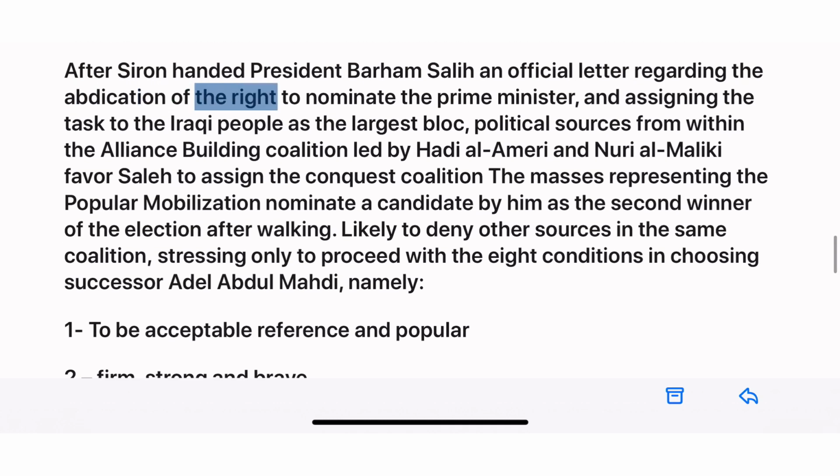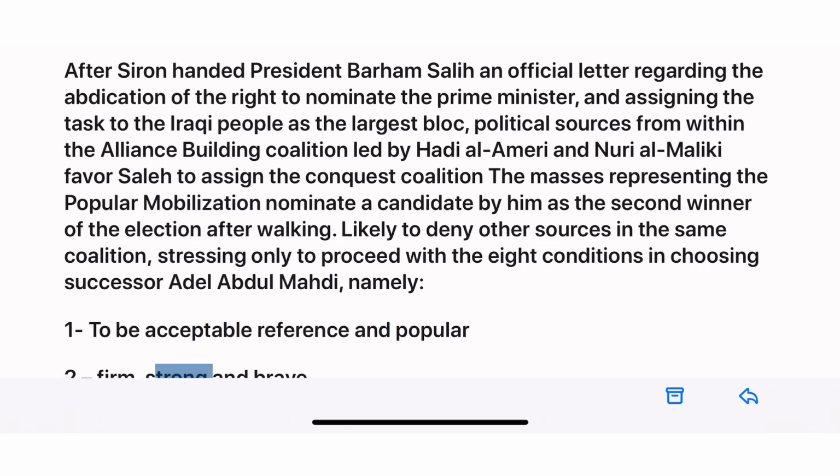After Sairoon handed President Barham Salih an official letter regarding the abdication of the right to nominate the prime minister, and assigning the task to the Iraqi people as the largest bloc, political sources from within the alliance-building coalition led by Hadi al-Ameri and Nouri al-Maliki favor that Saleh assign the Conquest Coalition, representing the popular mobilization, to nominate a candidate, as the second winner of the election after Sairoon, though other sources in the same coalition likely deny this, stressing only to proceed with the 8 conditions